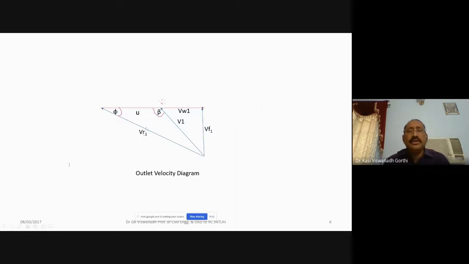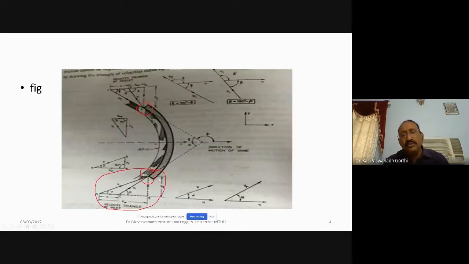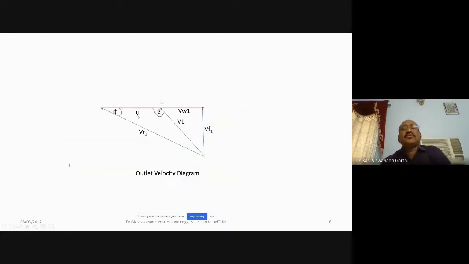The reason is you have considered a single vane which is moving. Because the liquid jet is striking here, the vane is moving with a velocity u along the x direction, which means that the entire vane is moving, not just a part of the vane. So when the vane is moving, either the inlet tip or center or outlet, the entire vane is moving with the same velocity u along the x direction, and hence either at the inlet velocity diagram or at the outlet velocity diagram, the velocity magnitude is not changed. So that is why u1 is not written here. It is u only. Even if I say u1, u1 must be equal to u in this case.